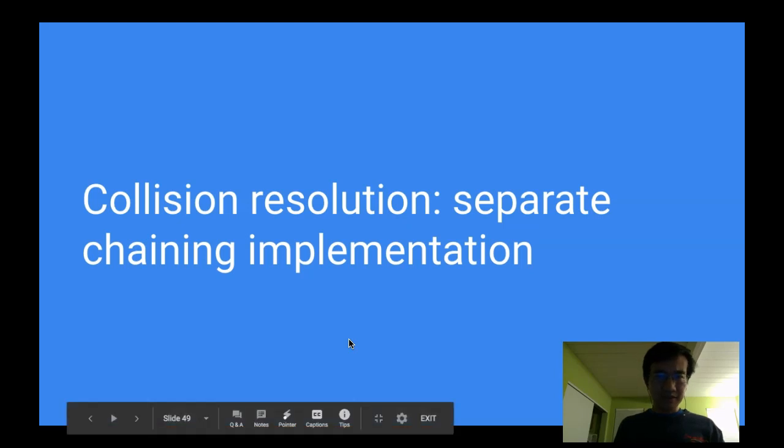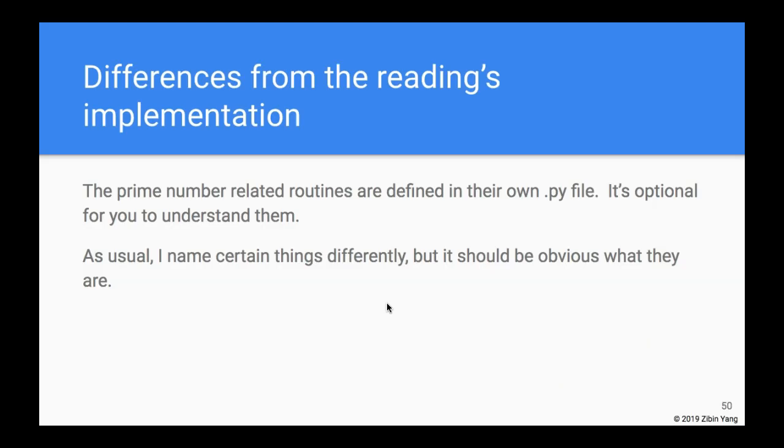So in this video, we're going to go over how to implement separate chaining. Before we look at actual code, I just want to point out a few differences between my implementation and what's in the readings. The main one is some of the routines related to prime numbers. I define them in their own .py file and import them into the hash table implementations. Whereas in the readings, they are part of the hash table implementation, which I think is not the right